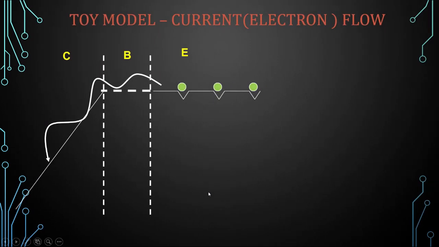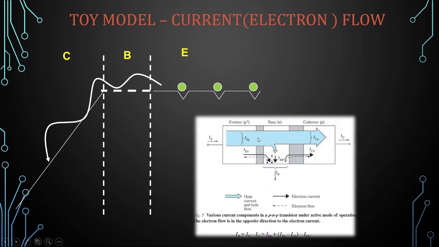Now, one more approach to understand this concept. Say this is our emitter, base and collector. The flow of current is, say, from emitter to collector. In the emitter we have these imaginary electrons. This is just a toy example. You need not write this in the exam; it is for our understanding only, part of the animation.